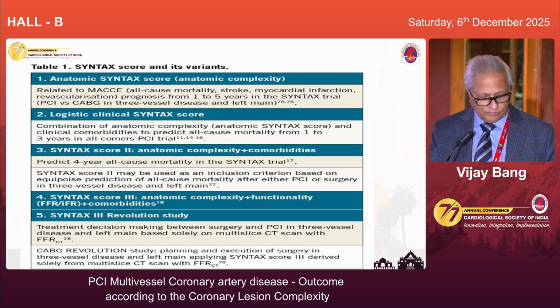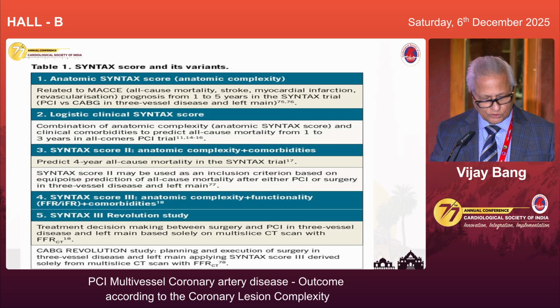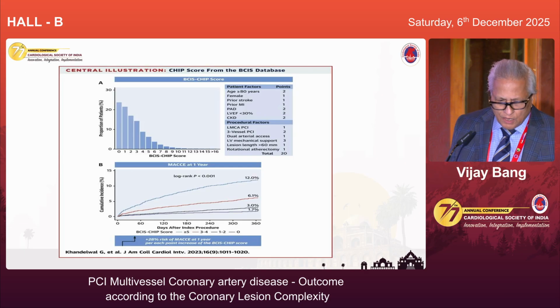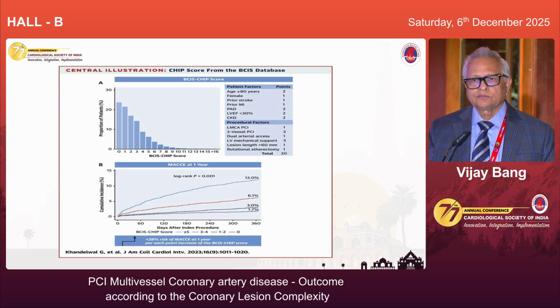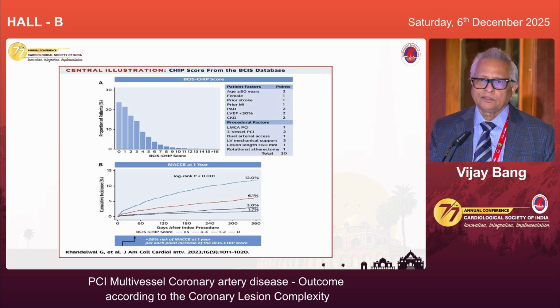So all this we have to now note, and of course the REVOLUTION study has revealed another SYNTAX score which is different from functional evaluation, but which is non-invasive, CT-FFR. So only SYNTAX score is not enough to evaluate. We have learned through the SYNTAX trial that only SYNTAX score is not completely reliable to understand the risk involved